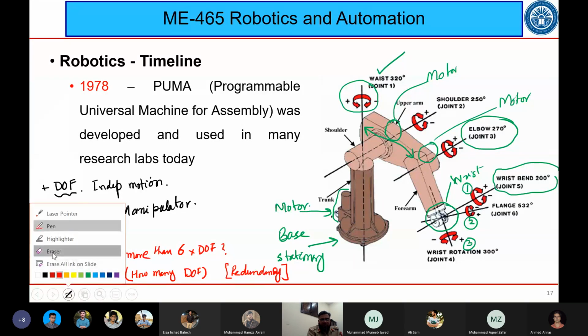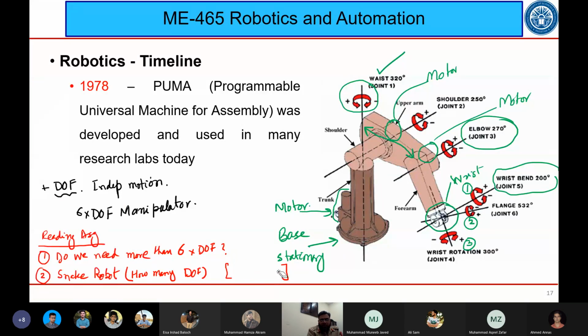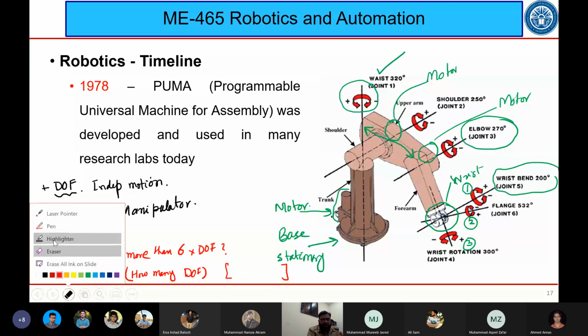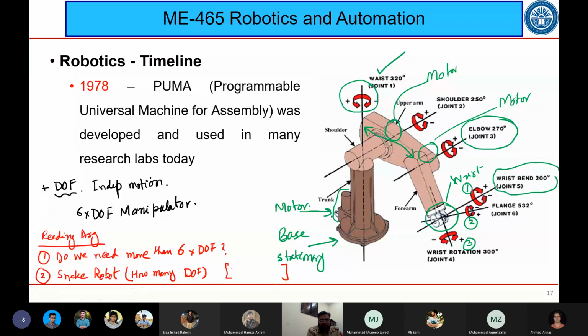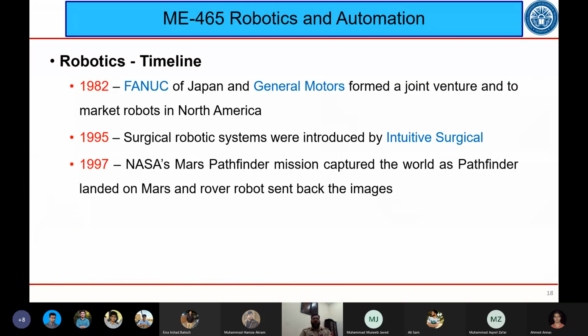Let me just write it down again. Redundancy. Okay. तो ये आपकी रीडिंग असाइनमेंट है जी। गूगल करें इसको and you will find out the answer. कोई मुश्किल आंसर नहीं है। This will just open up your mind कि ये डिग्री ऑफ फ्रीडम्स क्या होती है।